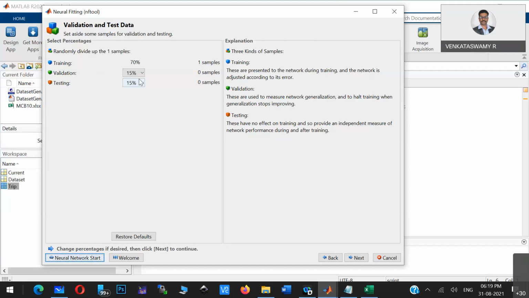That means it will train using 70%, and after that the accuracy and error of the system will be calculated by giving this test data. You understood? That is how it defines the parameters for that particular system.